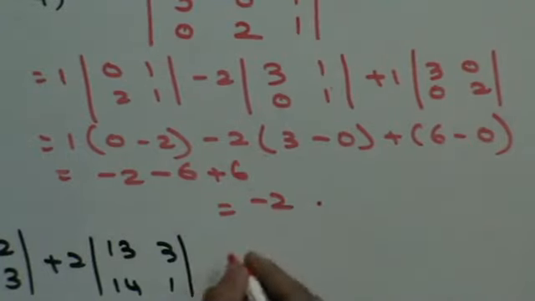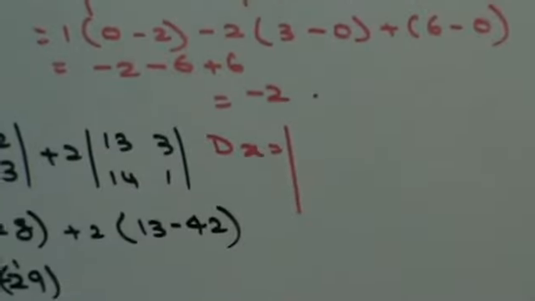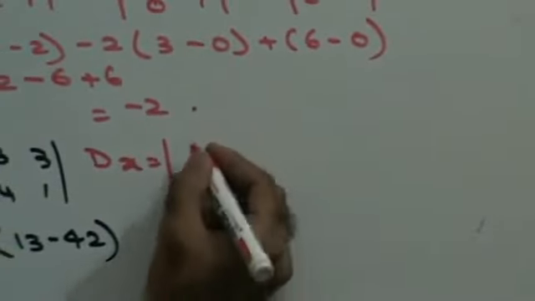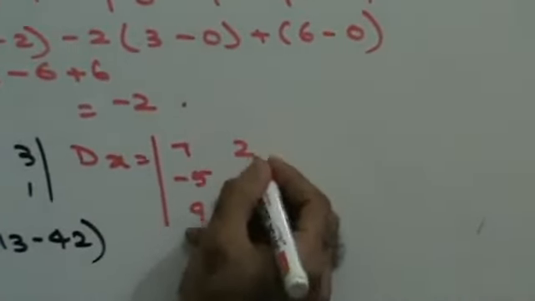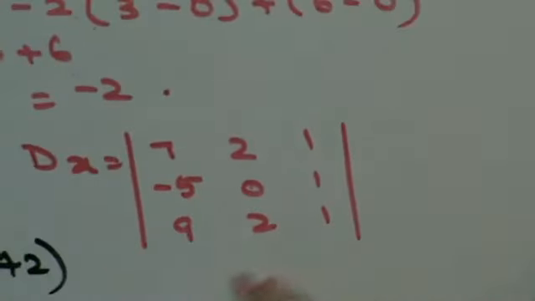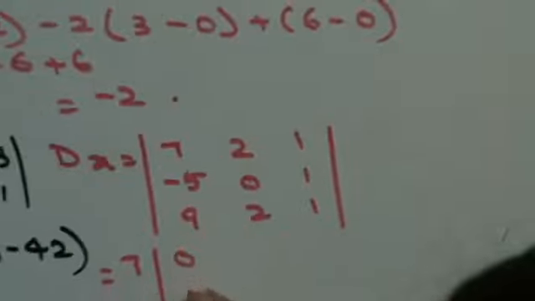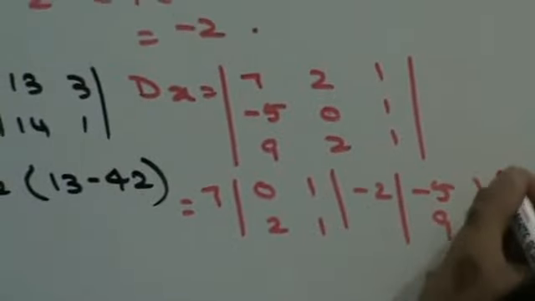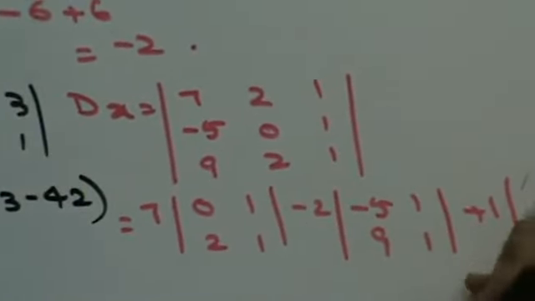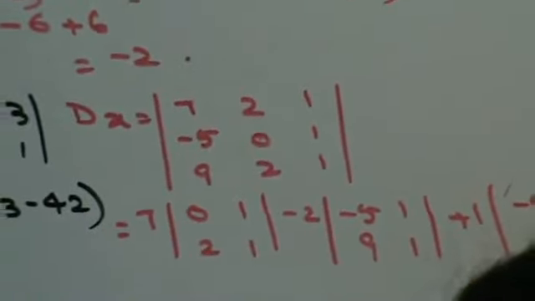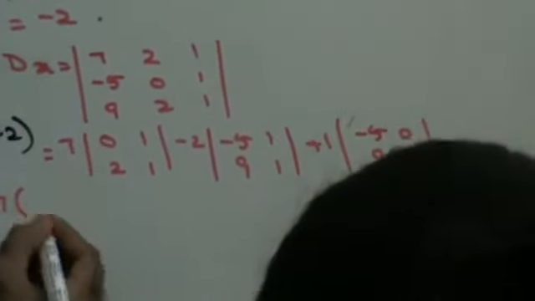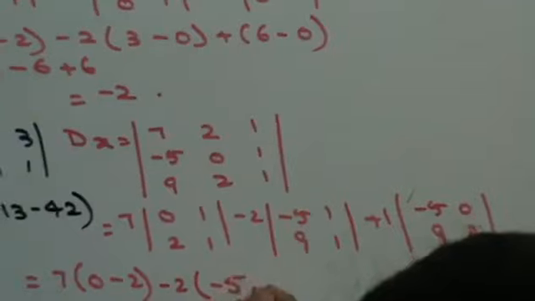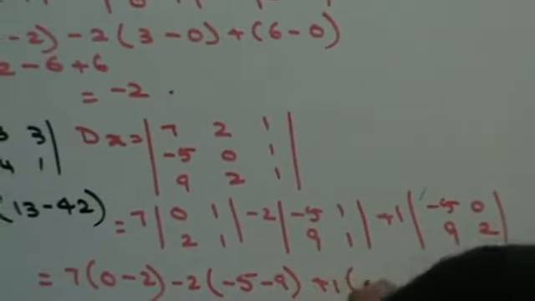Next, let's find out dx. How do I find out dx? To find out dx, I need to substitute the x coefficients with the right hand side. So this is going to be 7 minus 5, 9, 2, 0, 2, 1, 1, 1. Right? This is 7, 0, 2, 1, 1, minus 2, minus 5, 9, 1, 1, plus 1, minus 5, 9, 0, 2. So in that case this will be 7, 0 minus 2, right, minus 2, minus 5, minus 9, plus 1,